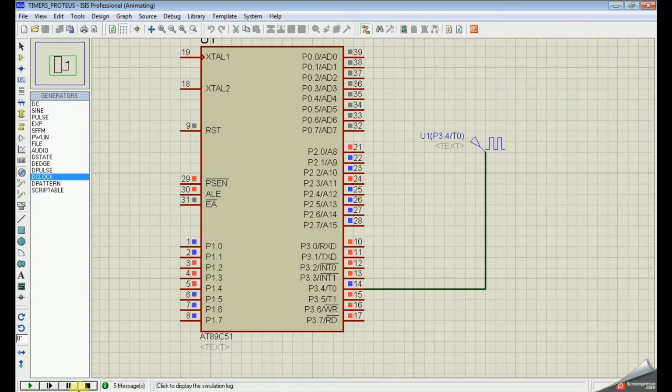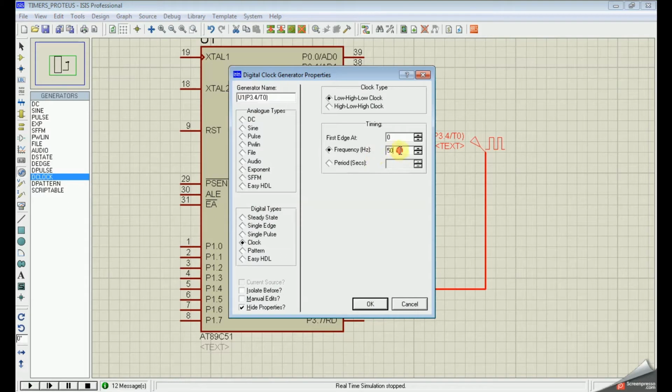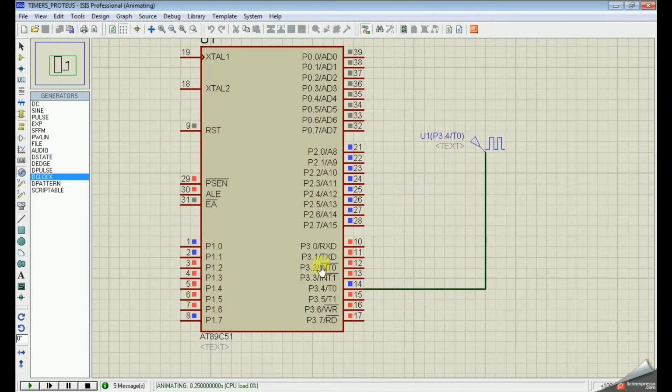If you want to see it update very quickly, then you can increase the frequency. So now I am giving 500 per second.